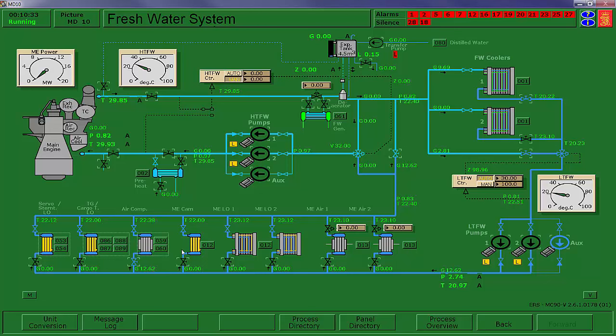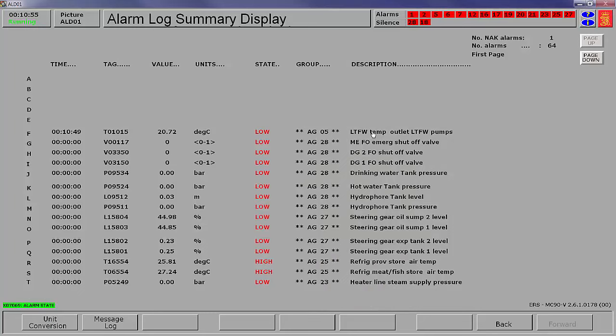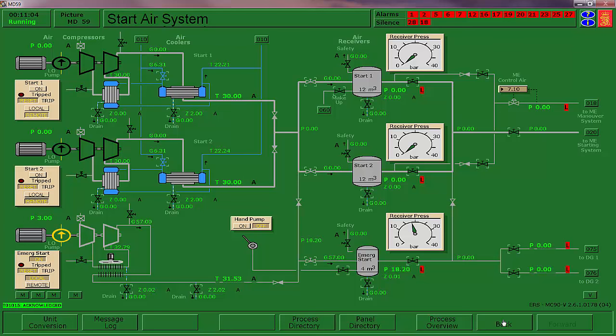So once we've done this, let's go back to our air compressor. We have to put it in local to start this emergency start air compressor. Put it in local and go ahead and start it up. You notice that this particular compressor has air-cooled intercoolers and aftercoolers. This low temperature fresh water, the cooling water temperature being low, is for us right now just a nuisance